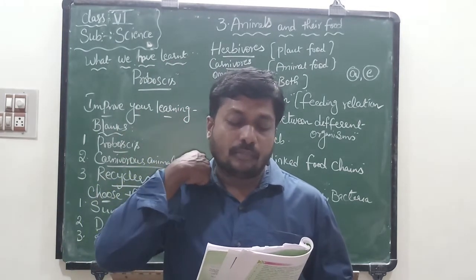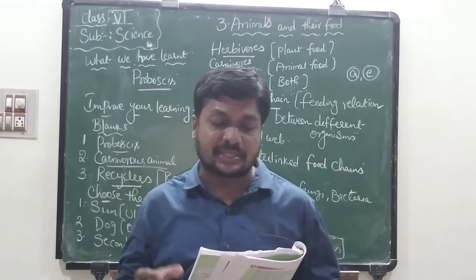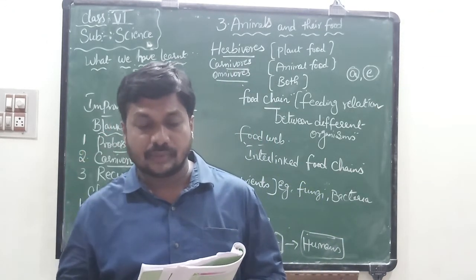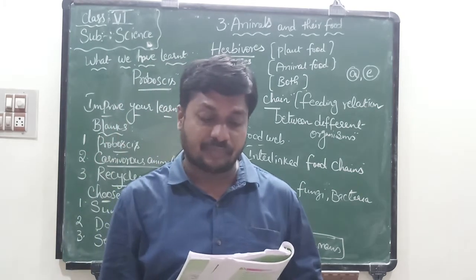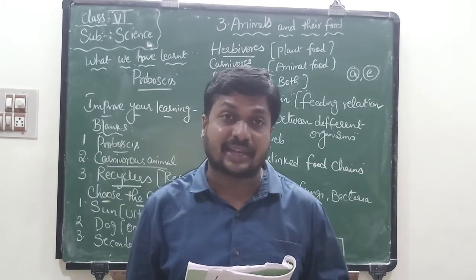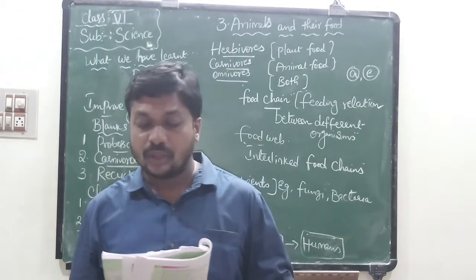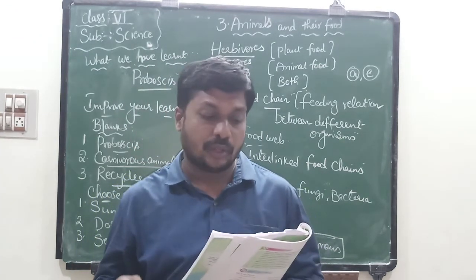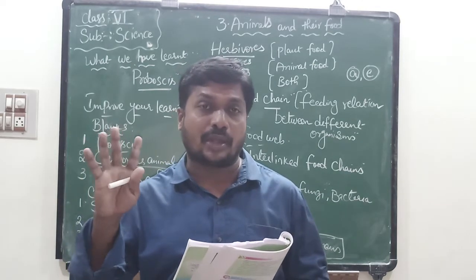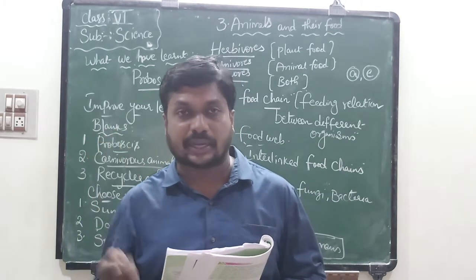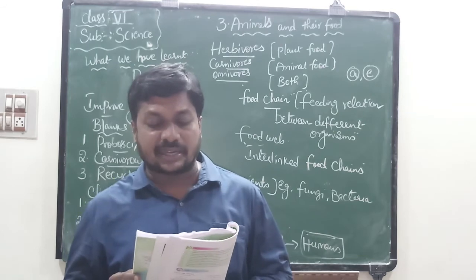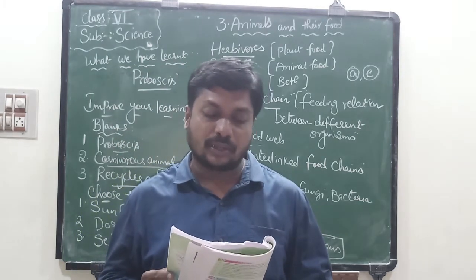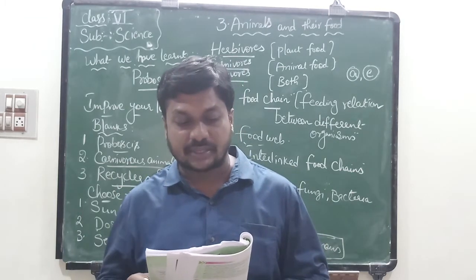Next, human, insect, algae, fish. In this, first you have to write algae, producer. Second you have to write insect, that is the primary consumer. Fish, that is the secondary consumer. Last, human is the top carnivore or tertiary consumer. So the correct sequence is algae, insect, fish, human.